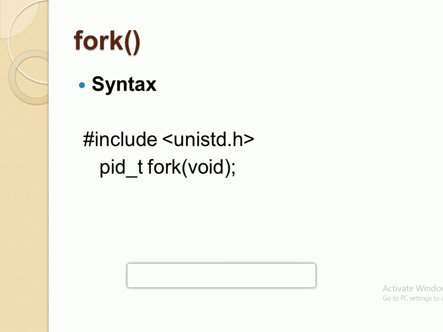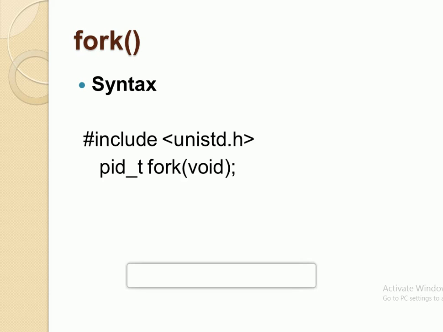First is the fork system call. This is a system call used to create processes. It takes no arguments and returns the process ID, that is the PID. The purpose of fork is to create a new process, which becomes the child process of the caller. The caller is the parent. After a new child process is created, both processes will execute the instruction following the